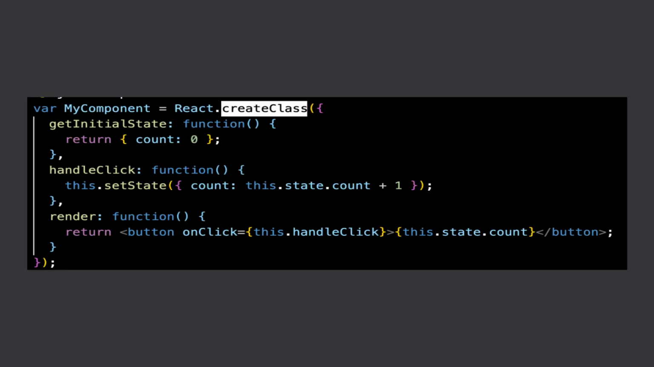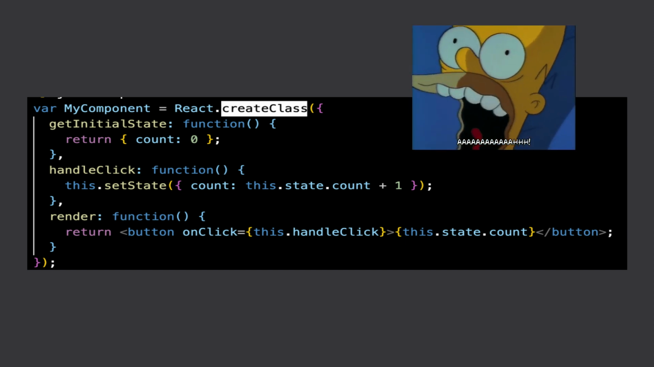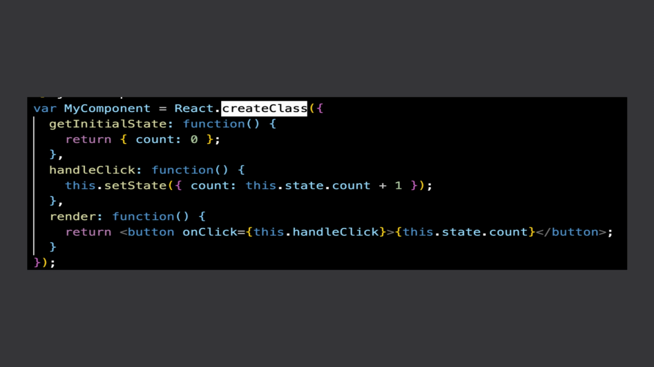0.3.0 was unveiled at JSConf. And before the advent of ES6 in 2015, JavaScript lacked the class keyword. This limitation led to the use of React.createClass to create components. Here's a typical example. This code illustrates how createClass provided a way to define a component's initial state and handle